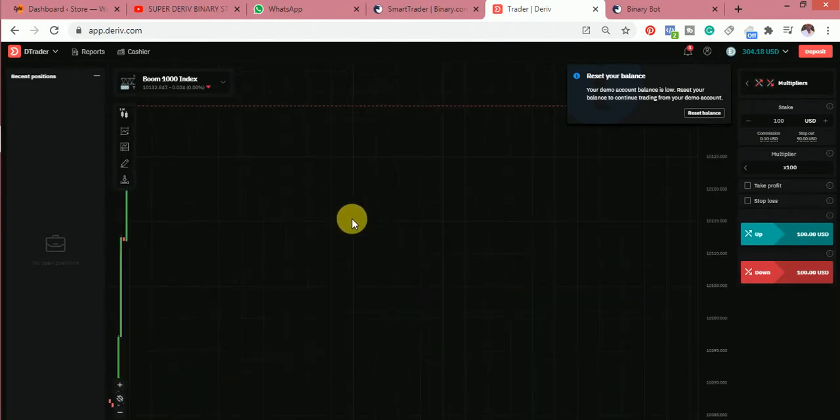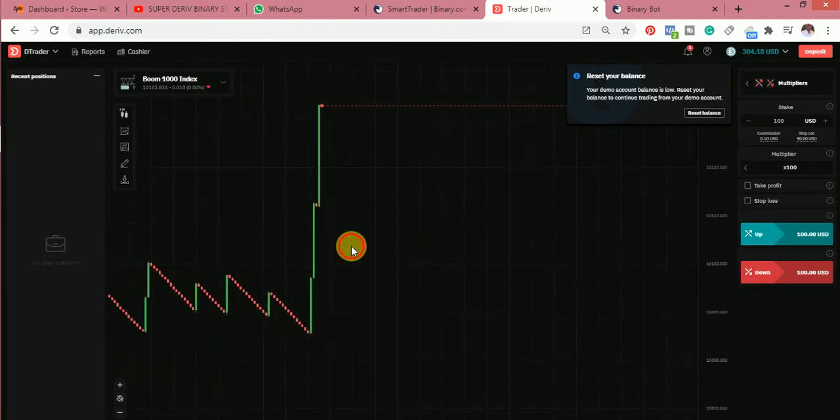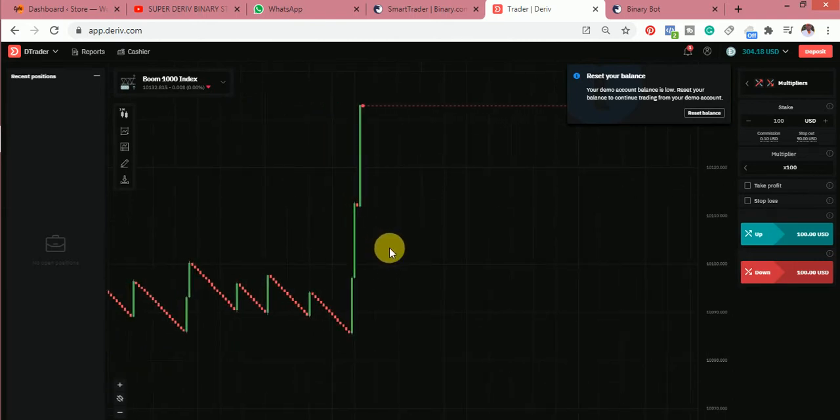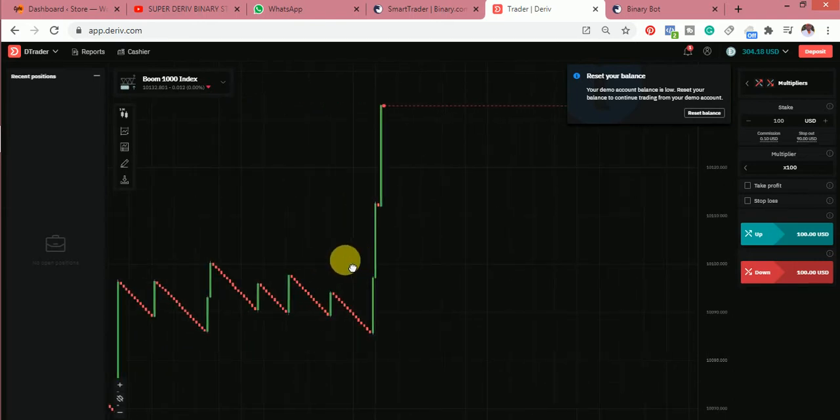Alright, so you can see there has been a lot of boom upward. The reason why it's called boom is because it always booms upward. Alright, so I like my percentage to be in